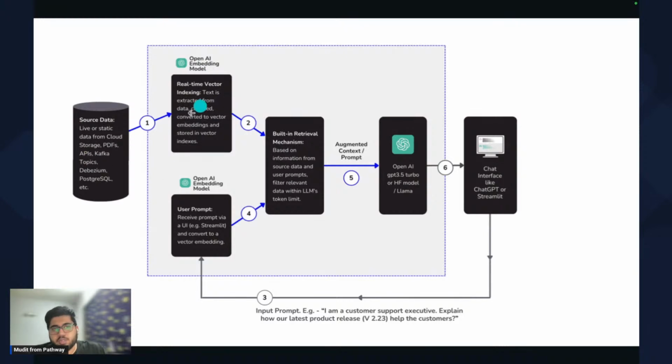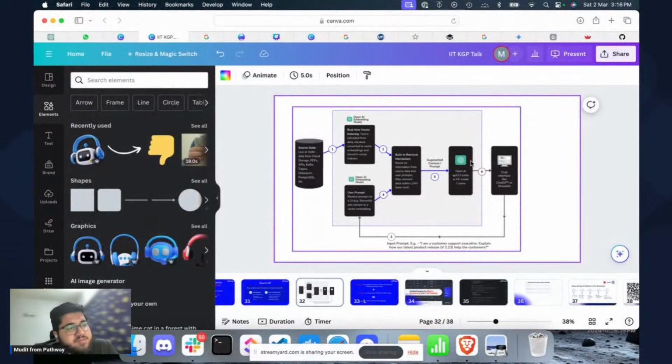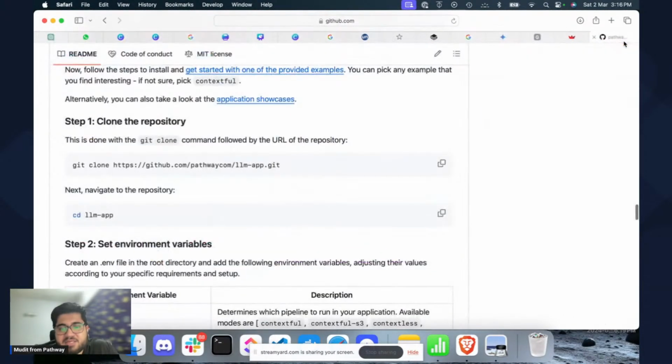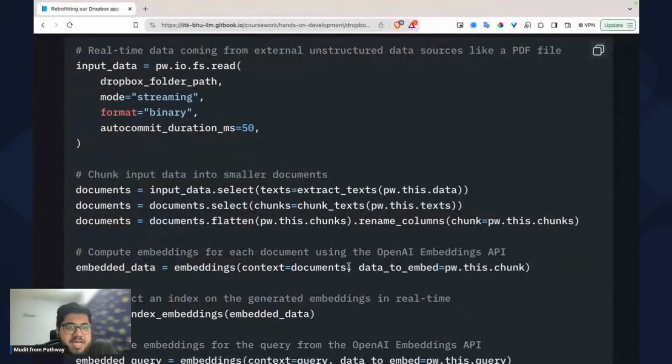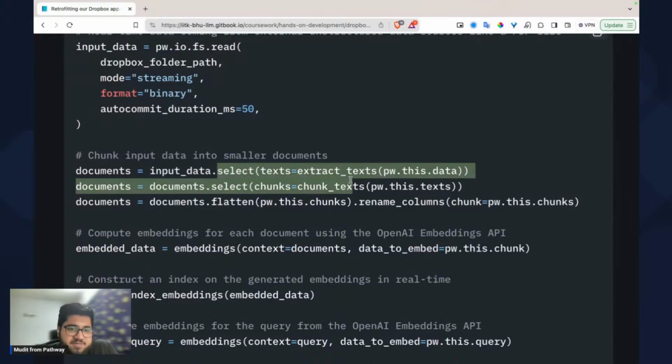So typically, this also involves one more step that we have skipped in this case, and that is chunking. It is mentioned in the textual format, not in the diagram. Text is extracted from the data, chunked and converted into vector embeddings. So this chunking is a very essential part. The more efficient the chunking, the better. Chunks are nothing but, let's say you have a very large piece of information, you will break it down into smaller pieces so it can be processed. So you convert that into small chunks first.